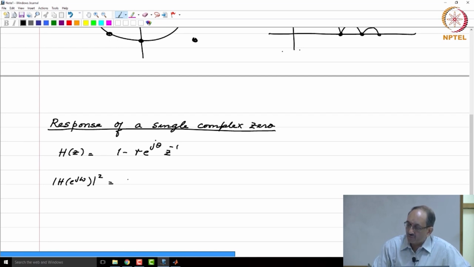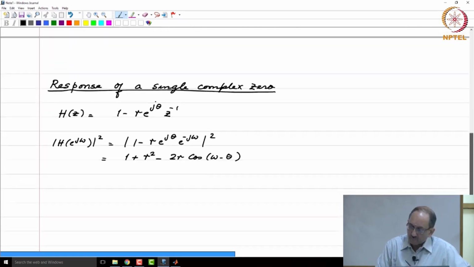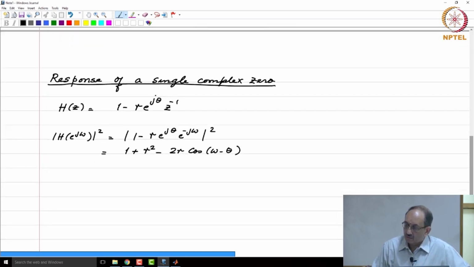The magnitude squared frequency response is given by the magnitude of 1 minus r e to the j theta e to the minus j omega, whole squared, and this you can write as this times its complex conjugate. So this can be written as 1 plus r squared minus 2r cos of omega minus theta. This is easily verified. So this is the algebraic expression,